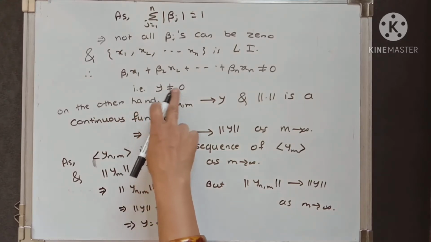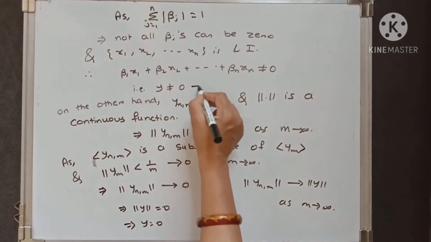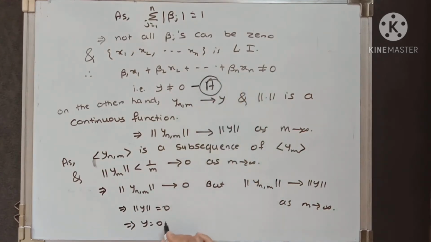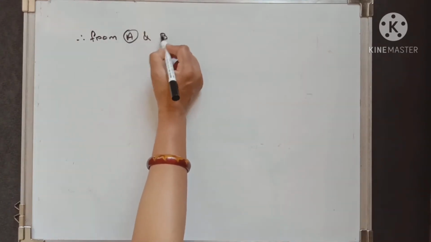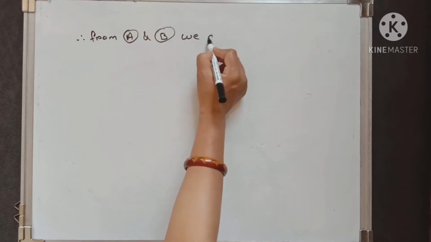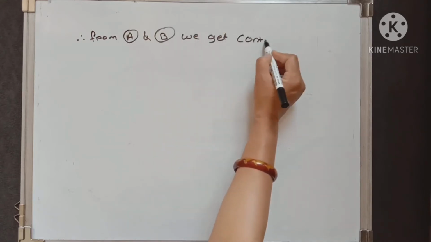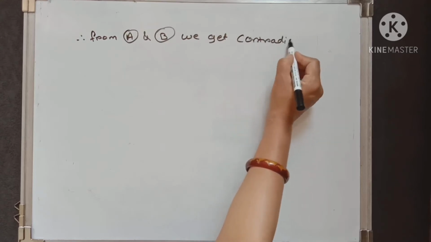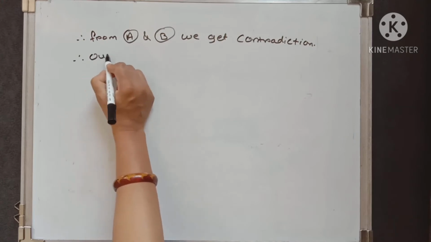and here we get that y is not equal to 0. These two, if we give equation number a and equation number b, then from equations a and b we get a contradiction. And therefore, our assumption,